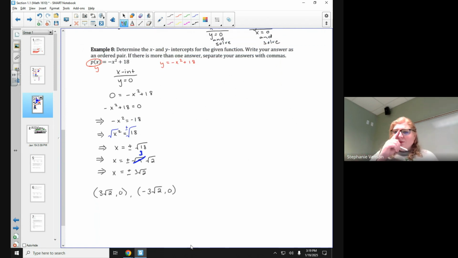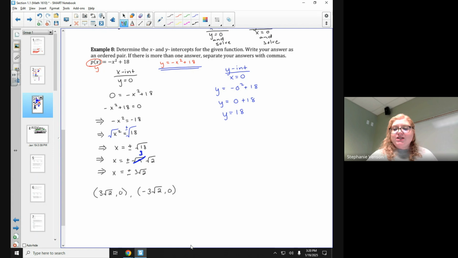Okay, so we still need to find the y-intercept. So let's do that now. We'll do it in blue. So the y-intercept is what we get when we set x equal to 0 and solve. So we're still wanting to use this equation up here because that's the one that was given to us. y equals negative x squared plus 18, but we'll put 0 in for x this time. y equals negative 0 squared plus 18. Well, 0 squared is 0, and 0 is not positive or negative, so that's just y equals 0 plus 18,